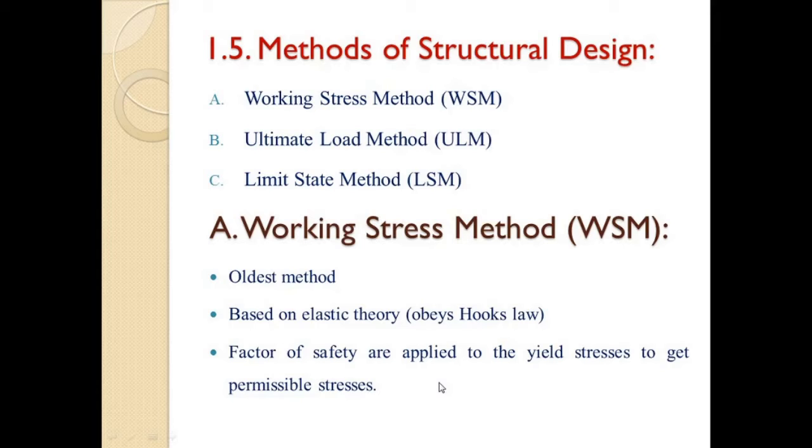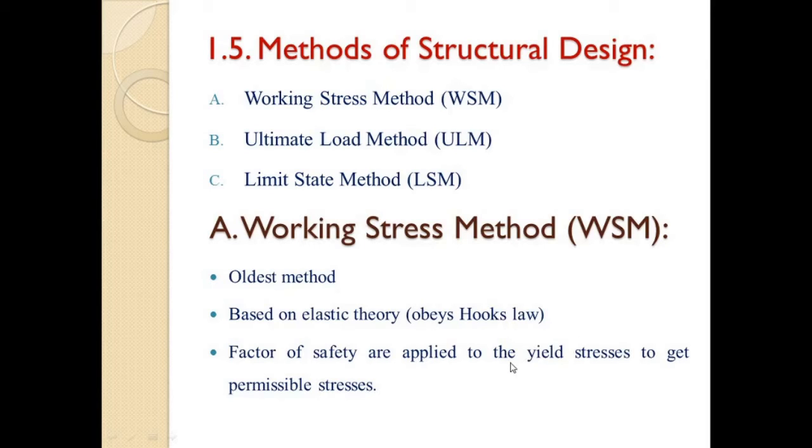Or we can say that in this method, uncertainties such as correct estimation of load, or possibility of occurrence of higher load, then material imperfection and geometrical imperfection in the structural member were taken into account in a single factor, that is factor of safety. And it is calculated by the ratio of yield stress to the permissible stress. In this case, yield stress is considered as a benchmark for the highest load. For that, we design the section in this method.